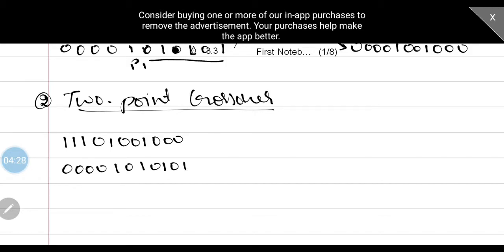Here the first point in the textbook has been selected after the second digit. So that is from third to seventh. This is P1, 4, 5, 6, 7. This is P2. Similarly, we'll have P1 here and P2 here. You have to underline for reference. So for 2-point crossover, we are just going to mark from here to here in the first string, and in the second string the remaining parts.